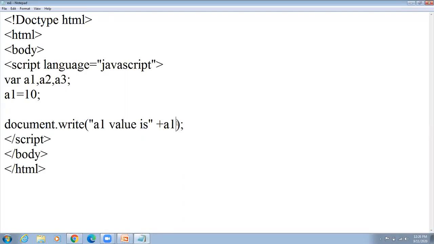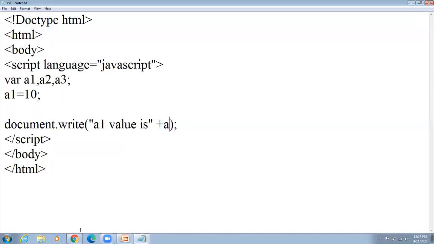A1 value is 10. Now if I remove this 1, see how the error comes. What you did is declare the variable A1 and assign A1 equal to 10, and here you used the variable as A. So A is unknown here. What is the output?